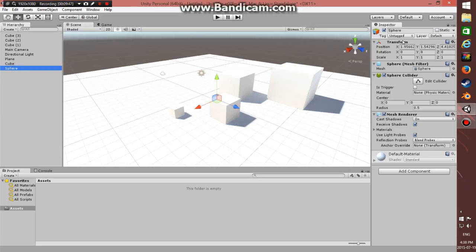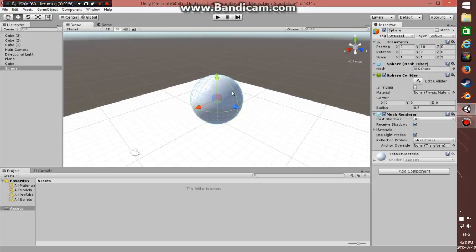Anyways, now that we have our sphere, I'm going to move it to 0, 10, 0. And then we're going to press F to focus on it. And as you can see, we have a transform